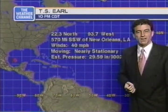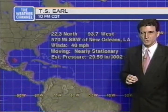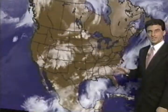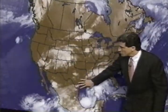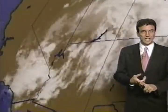When it gets there, how strong will it be? Still too early to call. We'll know a lot more on Tuesday when the hurricane hunter actually flies into this thing. And it's hardly a thing right now. Just a lot of showers in here. We believe that the upper level, those strong winds will lessen too, which would make this area more favorable for development. So, Hurricane Danielle slowly moving away from land. Tropical storm Earl slowly moving toward the United States. Meanwhile, overland here in the United States, we've had some problems with flooding here in...